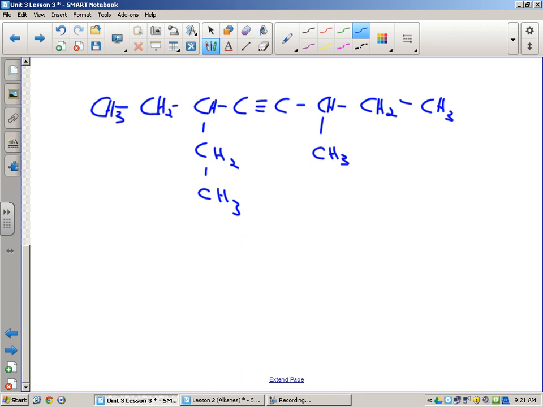The next one here is methylbut-1-yne. But is 4. 1-yne means triple bond. So there's the 1-yne, and now I need to put a methyl group on there. Well,